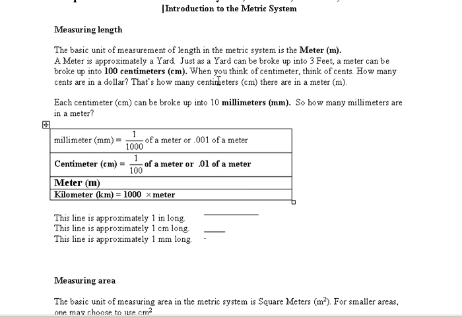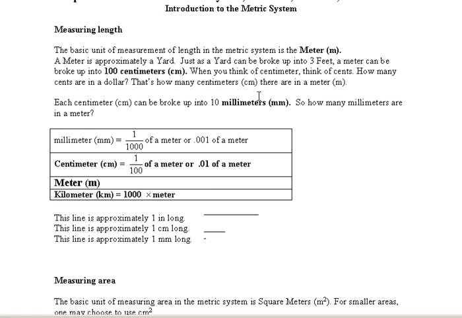This is a video on the metric system. First of all, when measuring length, the basic unit of measuring length in the metric system is the meter. A meter is approximately a yard. In fact, it's just a little bit bigger than a yard. And just like a yard can be broken up into 3 feet, a meter can be broken up into 100